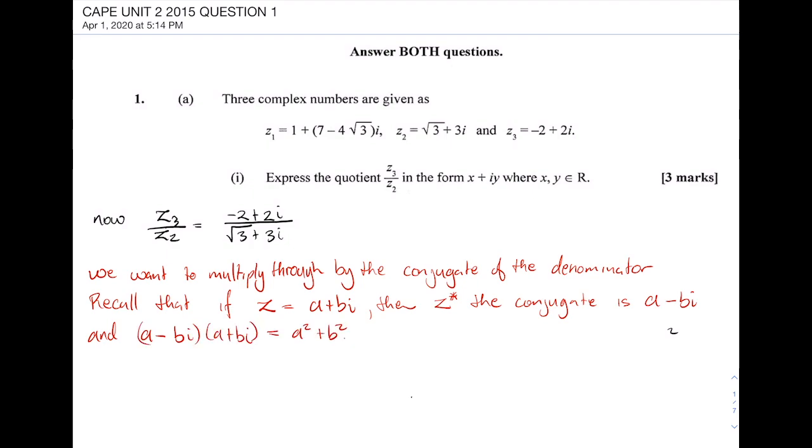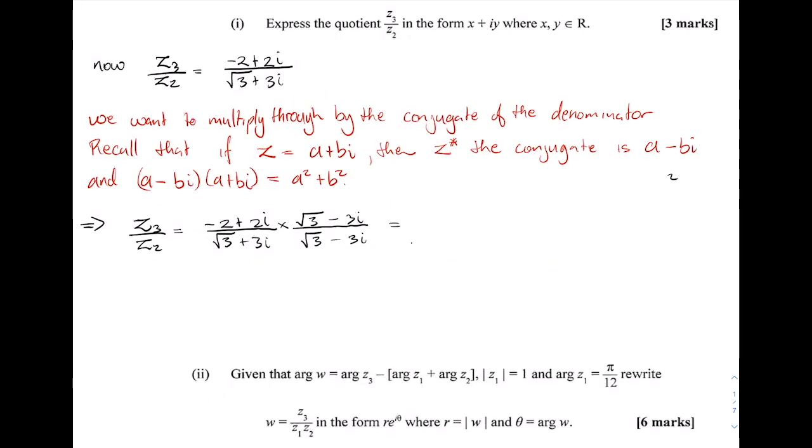plus b squared. So taking z3 divided by z2 equals minus 2 plus 2i divided by the square root of 3 plus 3i, times square root of 3 minus 3i divided by square root of 3 minus 3i, we can now multiply numerators with numerators and denominator with denominator. We end up with (minus 2 plus 2i) times (square root of 3 minus 3i), divided by the square root of 3 squared plus 3 squared,